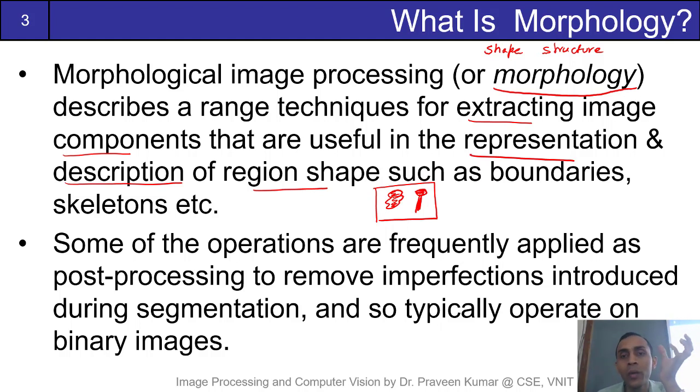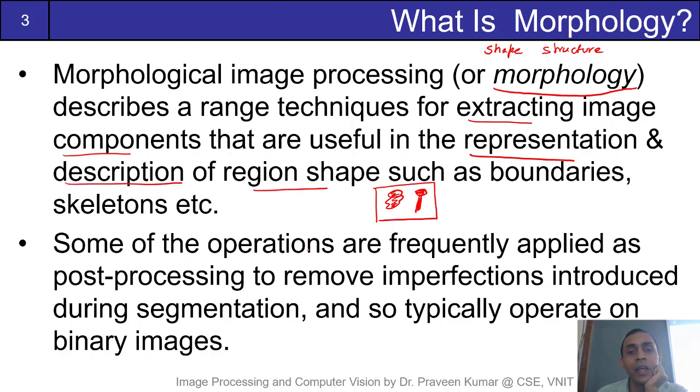You may want to count the number of objects, which are square objects, which are rectangle objects, or you may want to extract the boundaries of the objects and so on. All those things which are useful in some way to characterize your objects or regions in the image, especially in terms of structure and shape,